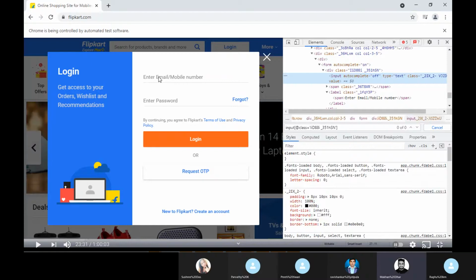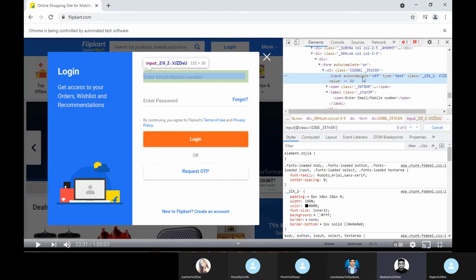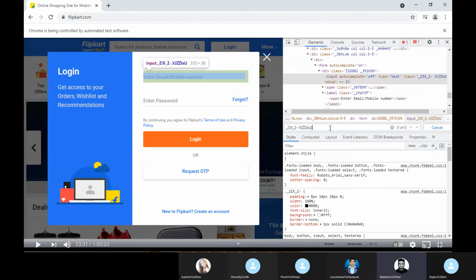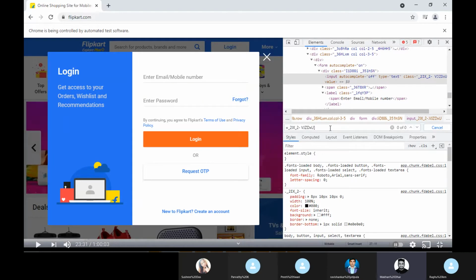So it is coming to where the input has autocomplete off. Yes, correct. So I need to take this class now, right? Copy this class, double click on the class value, copy, press Control F, and paste it. So this is the locator.